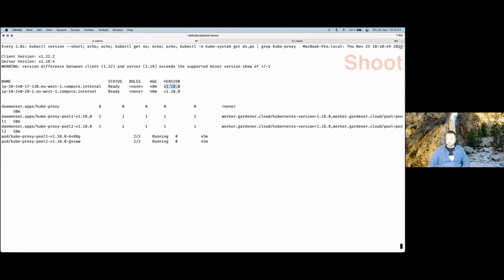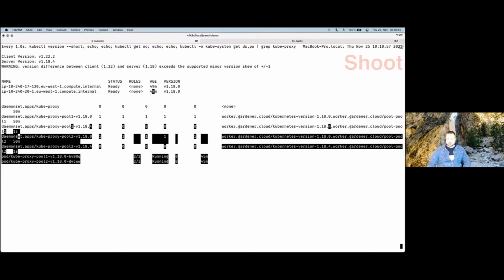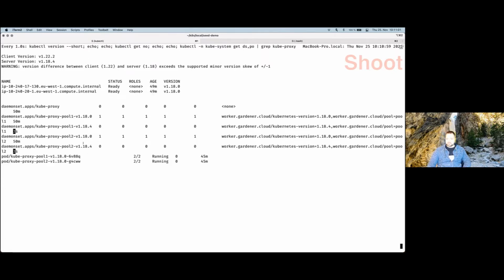So only when the kubelet here restarts with a new Kubernetes version, then also the kubeproxy daemon sets will be rolled out. Okay, so it's happening just now. You can see the daemon sets were created with 0 replicas. It will now take a few seconds until the kubelets restart, and then we should see the new kubeproxy daemon